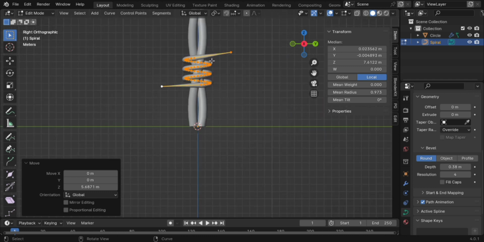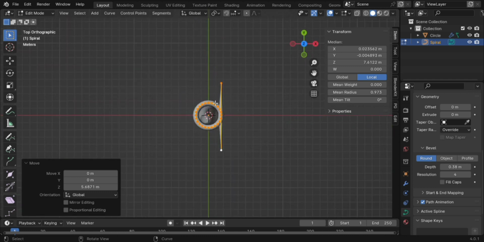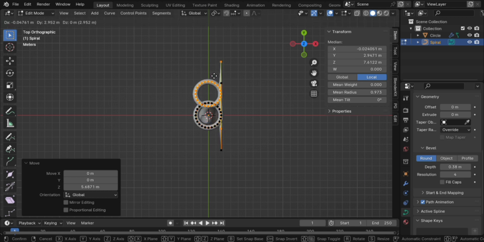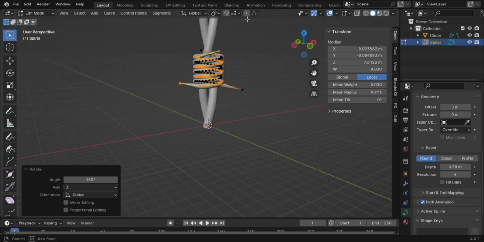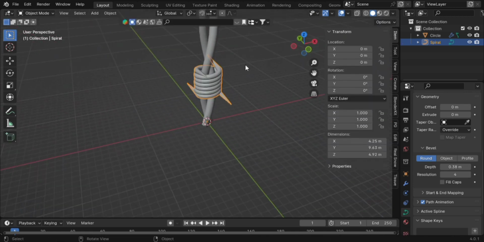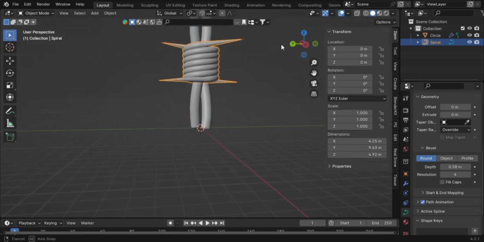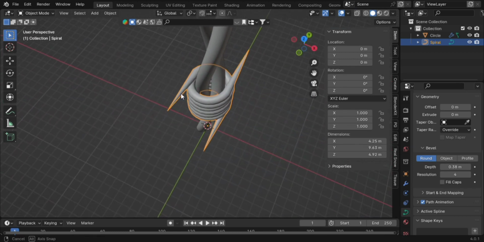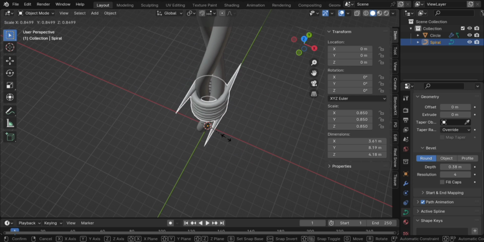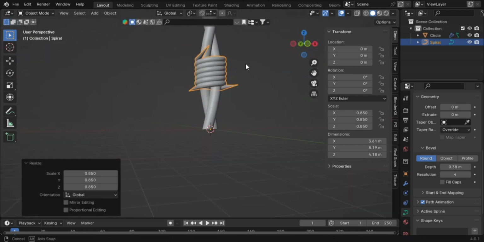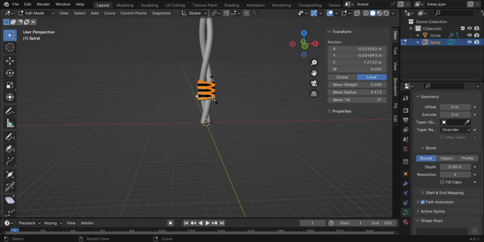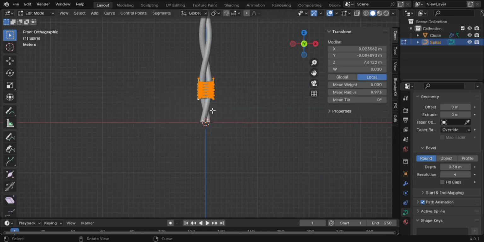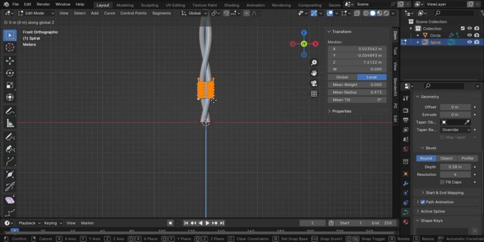Place it wherever you want on the twisted mesh. So I want to go Shift D to duplicate, R Z 180 degrees to rotate it 180 degrees on the Z axis, and now you should have it in the right spot. We have two twisted meshes. Actually, it's a curve for now, but we're going to convert it to a mesh. We have two twisted curves with spiky edges holding our twisted mesh together, which is kind of what